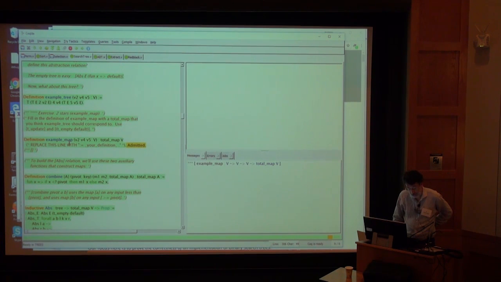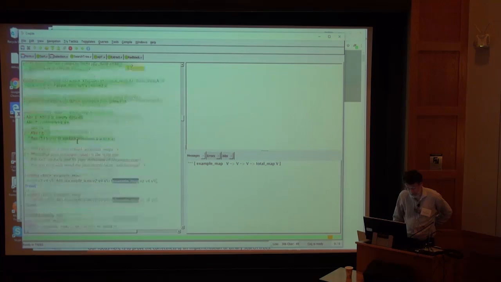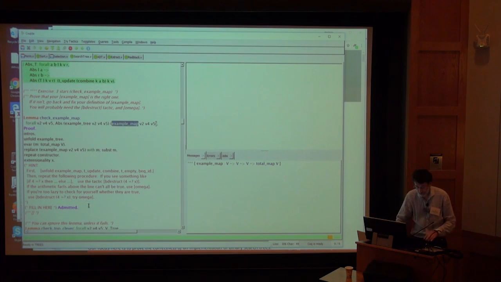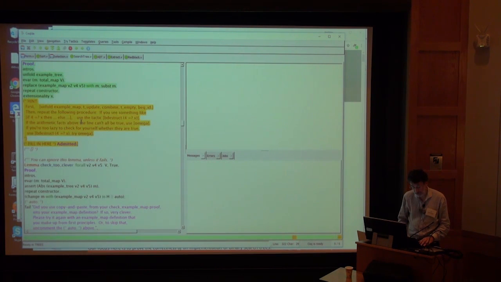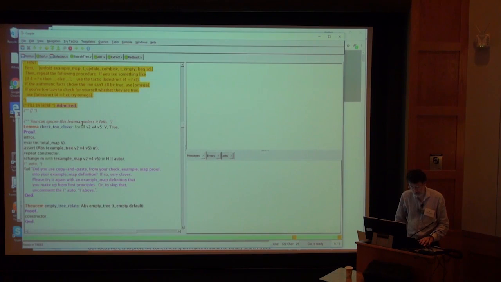It's an exercise. Make a total map that maps that way. All right? So then proving the abstraction relation between the example tree and the example map is left as homework. So you can do that homework problem after lunch. Now,